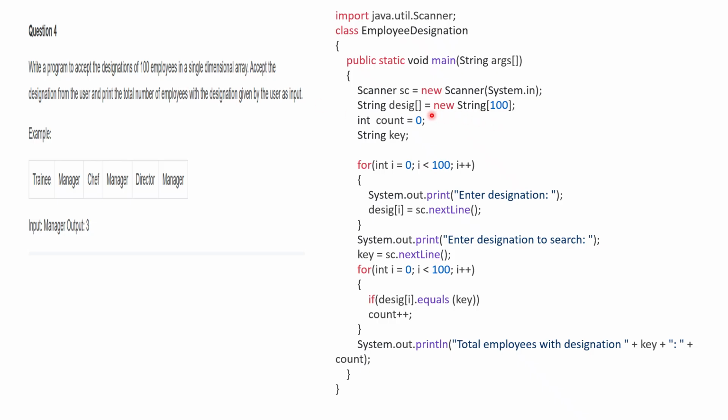So it's a string array of 100 elements. Count is 0, one counter we will use, and the string key, the designation to be searched. You can just have a for loop from 0 to less than 100. You will read all the designations into this array, and now you will search for the designation which needs to be searched. You will give that through a scanner input, sc.nextLine, and for the 0 to 100